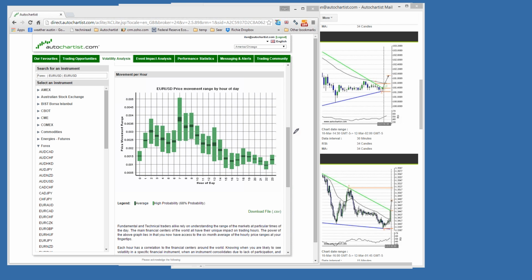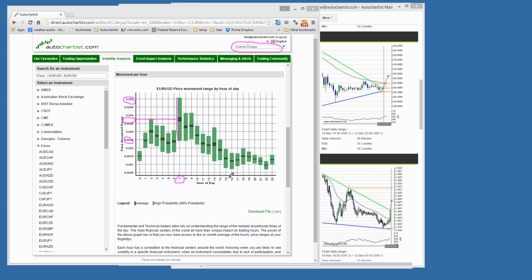At 7 a.m. Chicago time, I expect the euro dollar to move on average around 35 to 40 pips, and with a 67% certainty between 25 and 50 pips. So that's what that means.